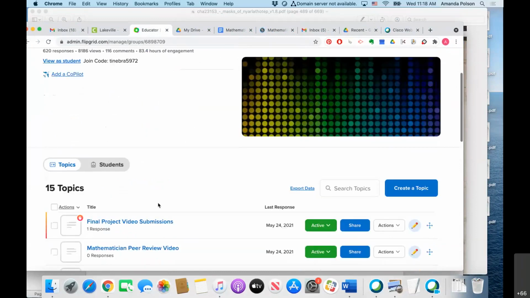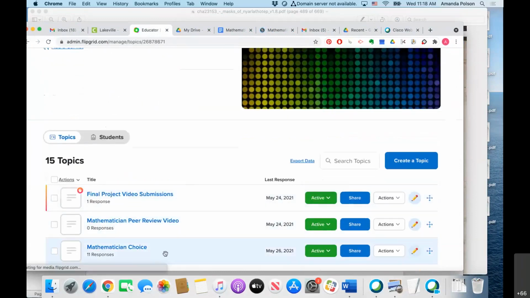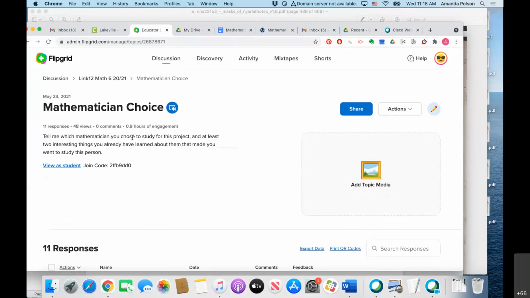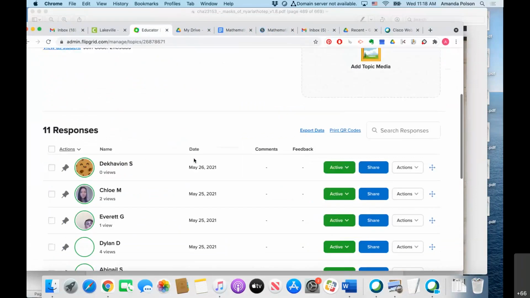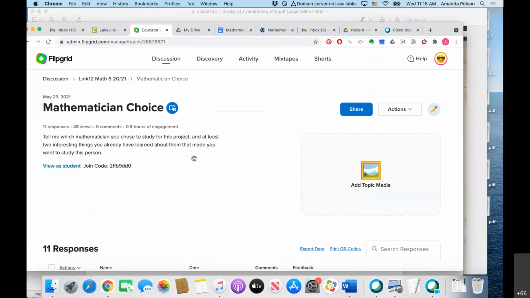This is what it looks like for me, not you. You're going to tell me which mathematician you chose for the project and at least 2 interesting things you've already learned about them. So this is the same thing you already filled out in that form, but now you're going to make a video and share it with your classmates, okay? And then you can go watch and comment on your classmates' videos if you would like, okay? Those are the only 2 things due this week,